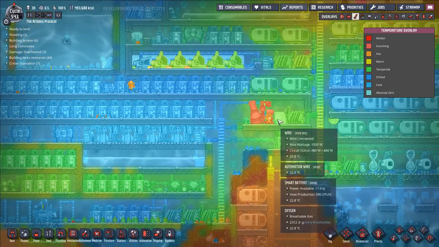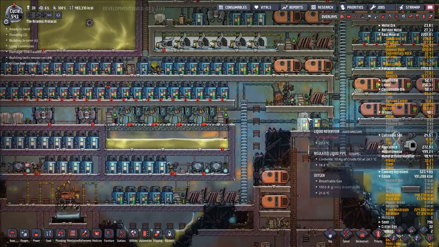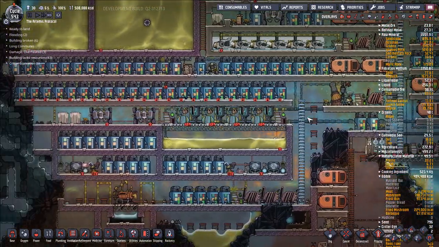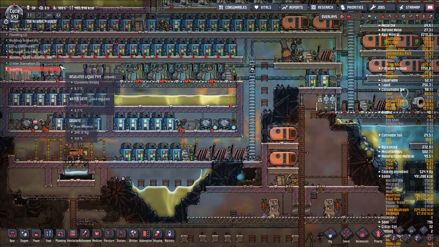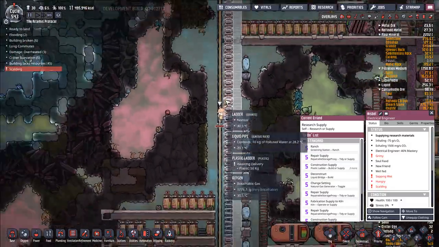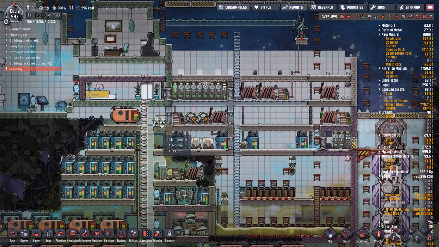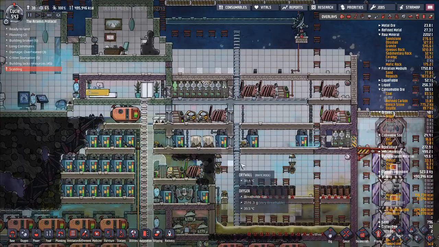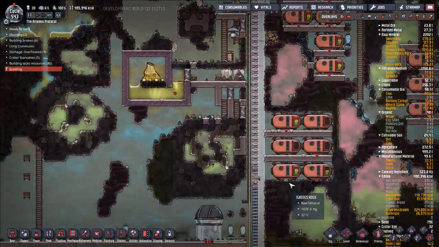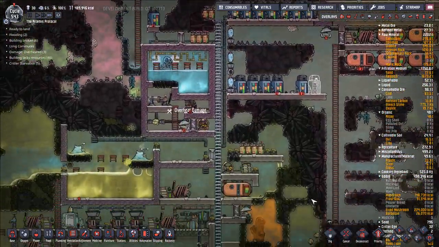How are we doing temperature-wise? This is looking good. All right. Okay. Still, whenever they grab stuff, they have some problems here. Let's leave this stuff for now. I'm not gonna scroll down there. Okay. Let's go ahead and get...